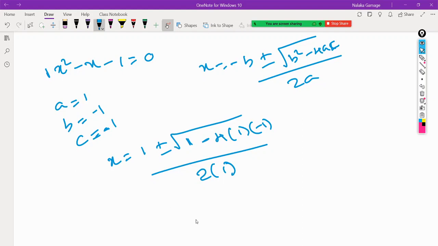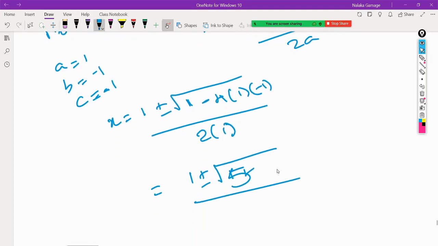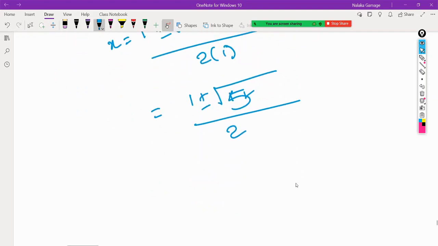2 times a is 1. Yes. 1 plus or minus, square root of 1, minus into minus is plus now, 4 into 1 into 1 is 4. 4 plus 1 is root 5, right? Root 5. Sorry, 1 minus, yeah, root 5 divided by 2. So that means 1 plus root 5